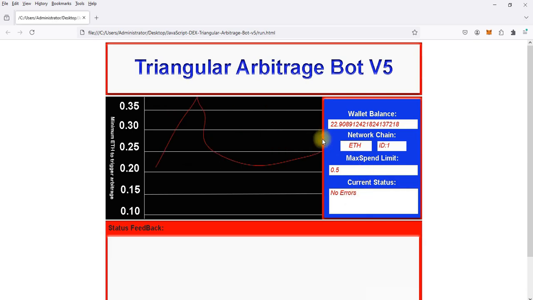I started with just about 0.5 Ethereum, and this is about after 2 months of running this program. The program just found and got an arbitrage. This amount was just added to my wallet. I'm glad I was able to get that on camera to show you